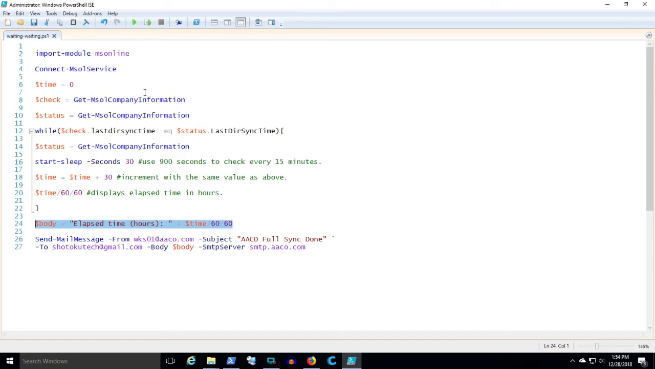So let's break this down. We're going to use the MS Online PowerShell plugins. We're going to connect to the MSOL service. Time is set to 0. We're basically going to express time as a fraction of an hour. Check is the current MSOL company information, and then status is what we'll be updating every